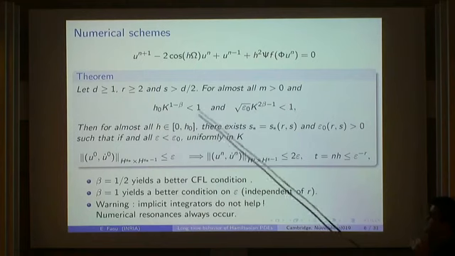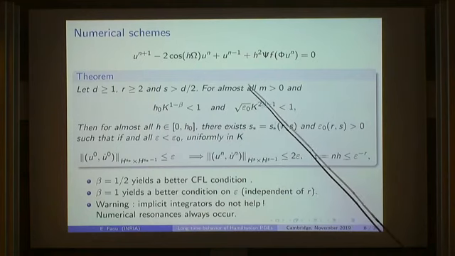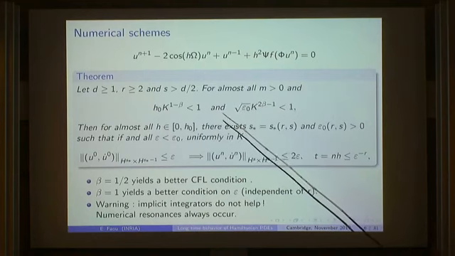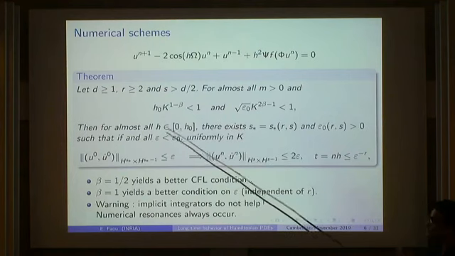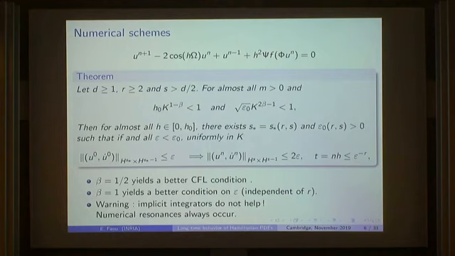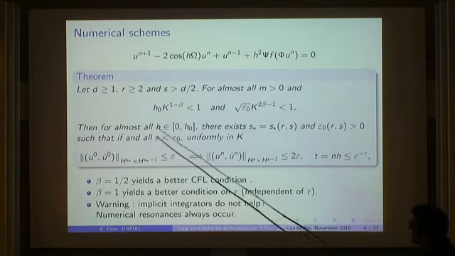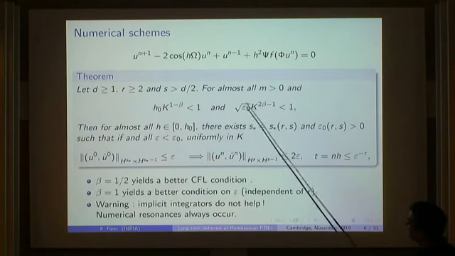Then the result is for almost all M, the mass parameter in the wave equation, and then for almost all H, you have the result. But you can always find a resonant H, a resonant M. Okay. So if you take beta equals 1/2, you have essentially no condition